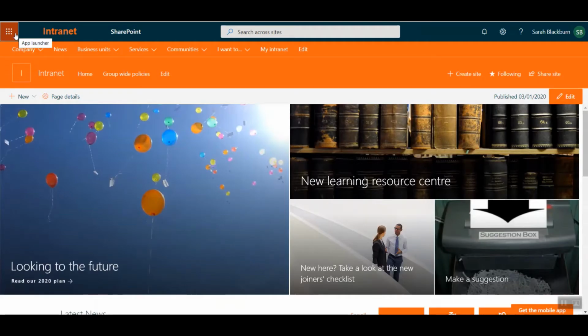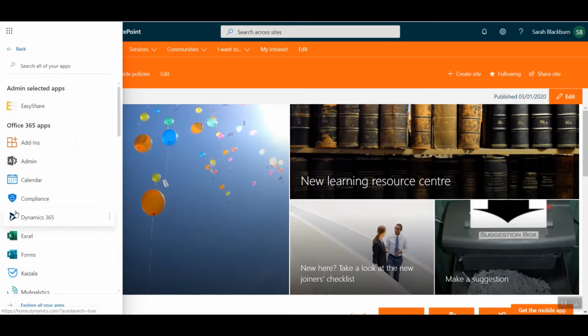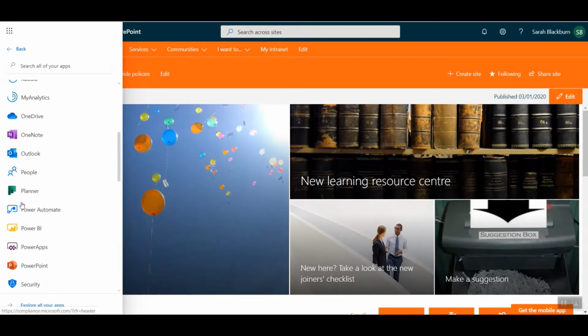So you might be on your intranet homepage or somewhere else in your intranet, or you might be in Outlook and you want to move into Planner to manage some tasks. Look for the Office 365 Suite bar at the top of the page. Click on the app launcher, which is this button here. We also call that the waffle, and it lists out all of your Office 365 apps. So things that you've pinned will be up here at the top, and then if you click in the all apps list, it shows them all alphabetically. Scroll down and under P you can find the Planner